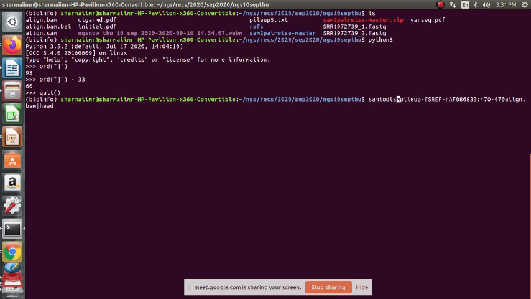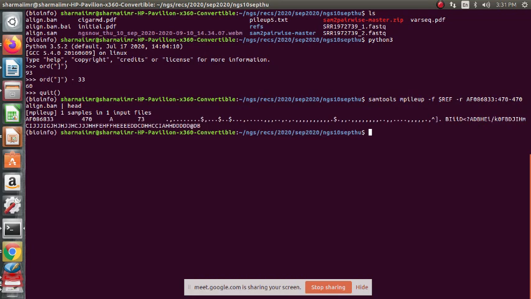samtools mpileup -f $f -r succession; just like we did in IGV, the range align.bam, and pipe to head. Yes, so this is the sequence name, basically the chromosome coordinate, and this is the genomic position. This is the reference base. This is a depth of 73, and this is our